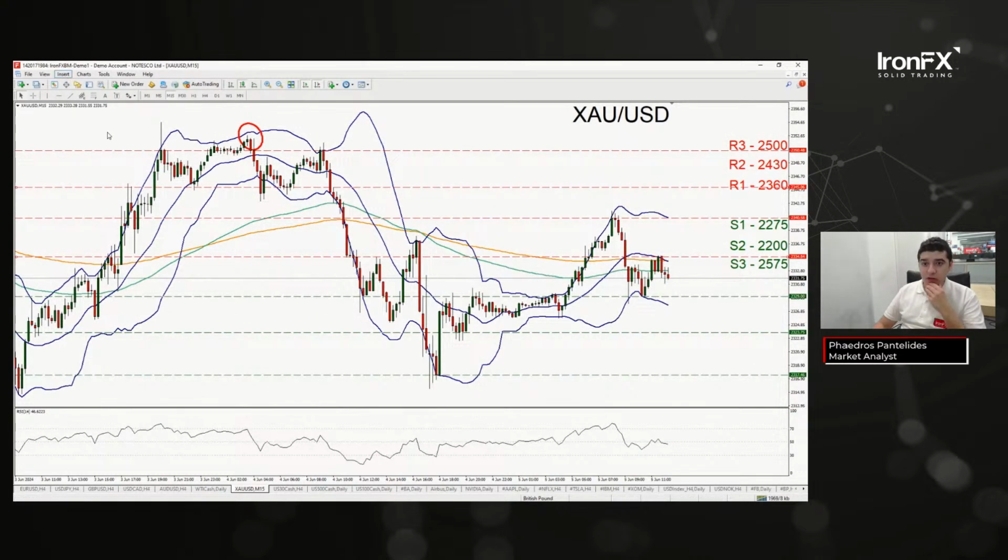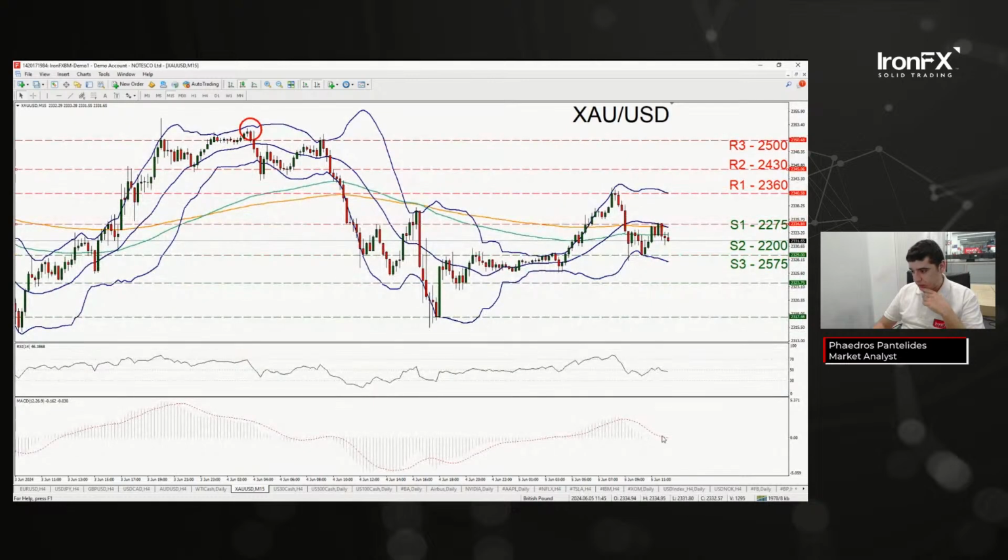Let's see. I'd also like to add the MACD, moving average convergence divergence. There we go. Slightly bullish. If it drops below zero, it implies that the bears may be taking over control. I would like this to drop below the zero line, in addition to breaking below S1. That would be very nice for a bearish outlook. Next potential target could be 2,323. But if it does break above our intermediate R1 level, then we could actually maintain a bullish outlook